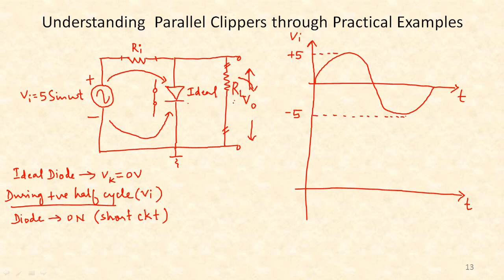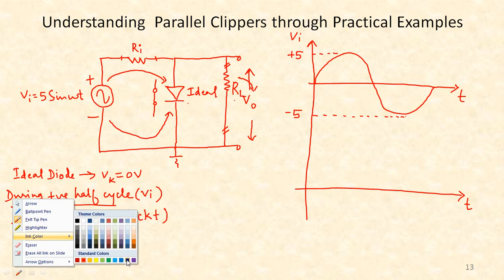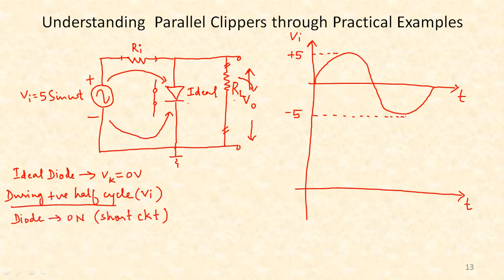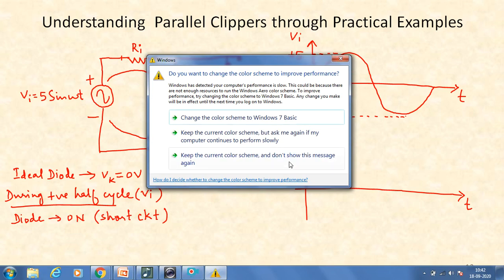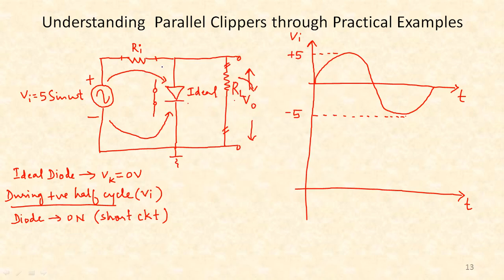See, now here there is slight confusion which occurs in the minds of students. Some of you may be thinking that yes sir, since it actually conducts, then obviously the entire input signal has to appear across the load resistance RL. No, it is not like that. Why? Let me just select a different colored pen so that things will be clearly understood. So during the positive half cycle, the diode is forward biased, which means it behaves like this.